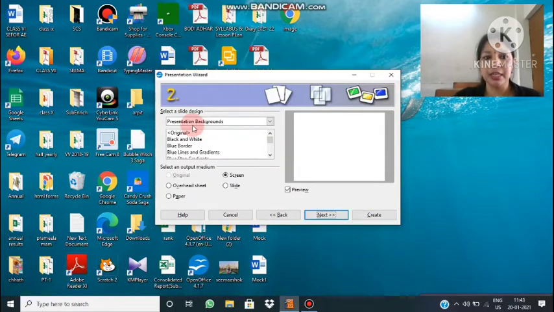On the next screen, it will ask you, yeah, these things in PowerPoint you had to select afterwards. No doubt here also you can make changes afterwards, but these things in advance will also be asked. Like if you want to give any presentation background, you can choose it from here only. Suppose I am choosing blue and red gradient, then I'll click on that. Sometimes it works very slow.